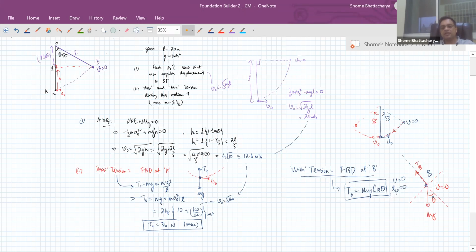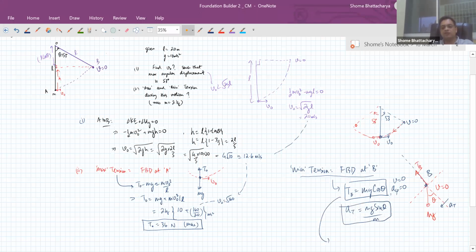Whereas mg sine theta is providing the tangential acceleration. There's a tangential acceleration because of which the particle does not hold on to that position. No, it only comes to rest for a moment and then it oscillates back, or it takes the same circular path back towards this point E. So there's a tangential acceleration, which is the tangential force mg sine theta divided by m. Okay. But anyway, we are interested in this.